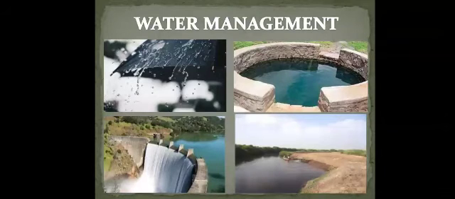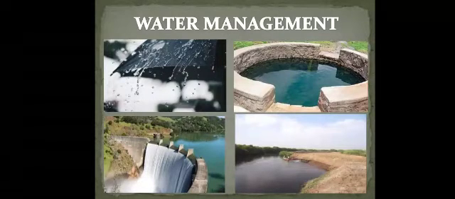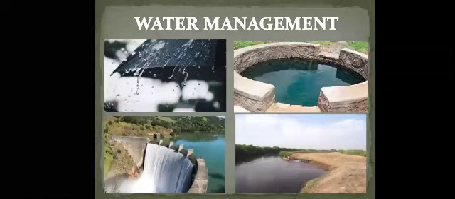The next part which we are going to see is water management. The rain brings us water again and again, but we get rain only for 4 months. The rainy season is from June to September: June, July, August, September. Only in these 4 months do we get rain. And if rainwater is not stored, we will not have water for our daily needs after the rain. So once the 4 months are completed, the rain goes and winter starts, and we won't be getting water if we do not store it.